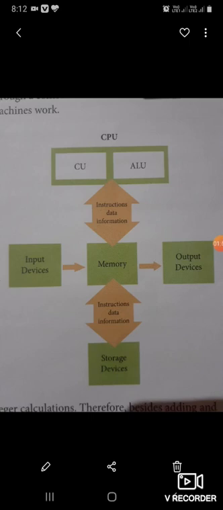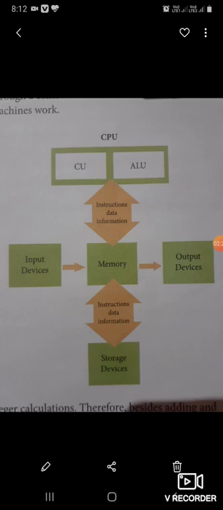The third one is MU, memory unit. The memory unit holds all the data and instructions while working. When we work on a computer, all the data and instructions are held by the memory unit temporarily. Temporarily means that while we are finishing our work, the data and instructions held by the memory unit are erased automatically. Now we will discuss the working of a CPU as the diagram shows.